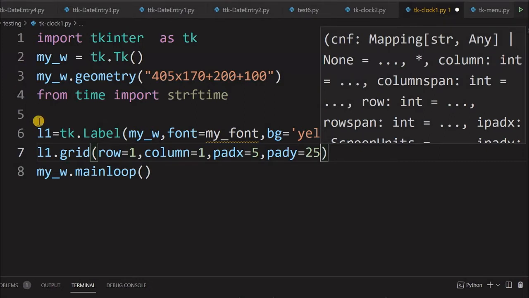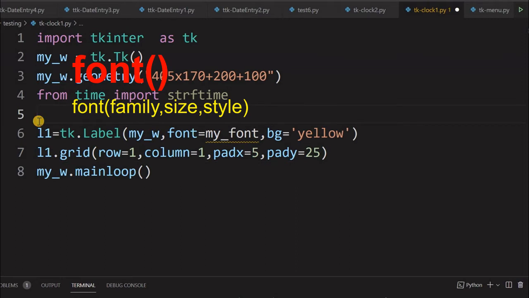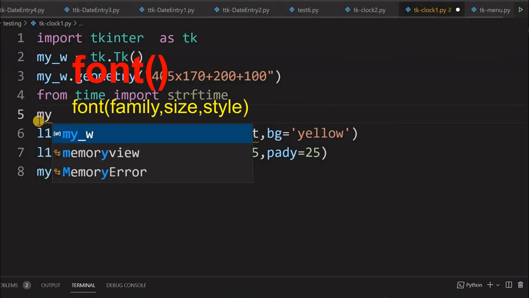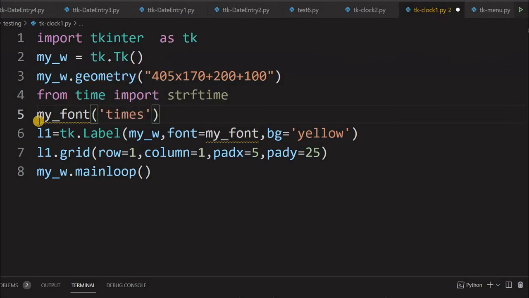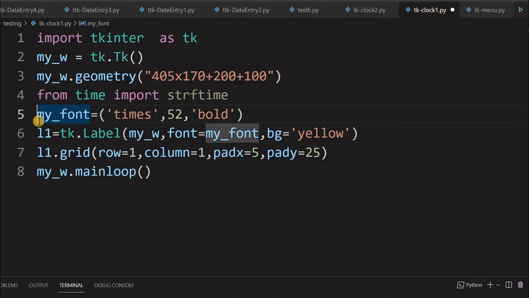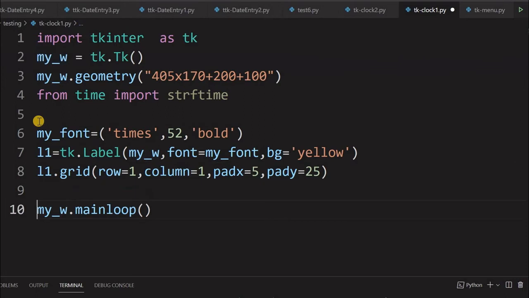Now here my font will be giving a bigger size to this display. So here I am specifically mentioning, you can change it based on your requirement. I am giving the font family here, size is 52 and bold. You can experiment with these different sizes. Sorry, here I have to mention font equal to. Okay, so up to this I will give a space so you can understand it easily. Fine. So this is all the display part of it.